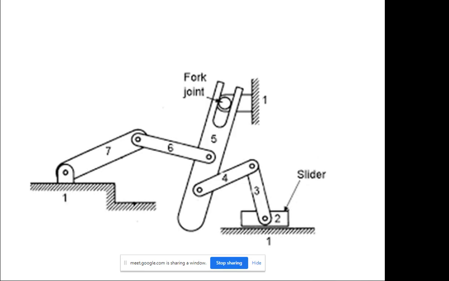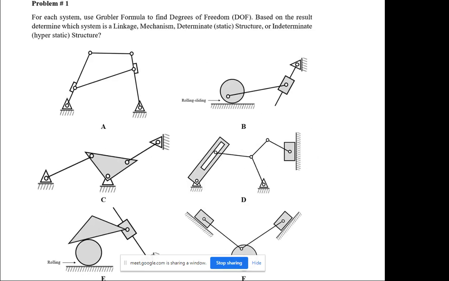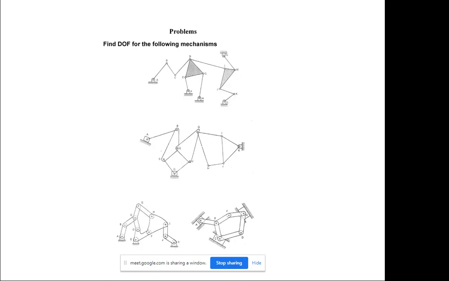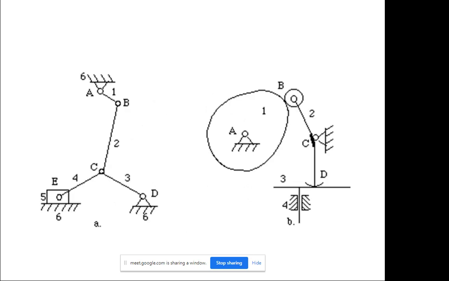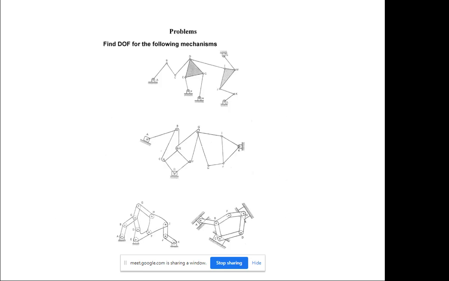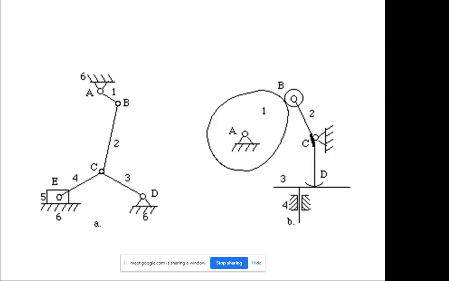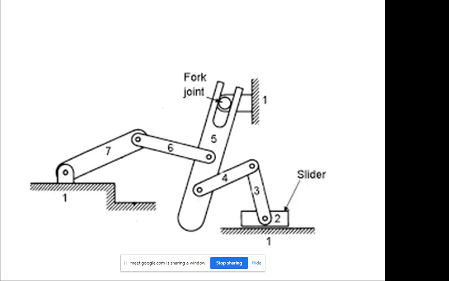So we'll come to the next part, redundant links. All these problems I will post in the Google Classroom with the assignment number, and you can upload them there by scanning all these problems. I'll be uploading in 1 or 2 days. You can see Google Classroom for the assignment. So no need to wait here just to note down. You can take this later.